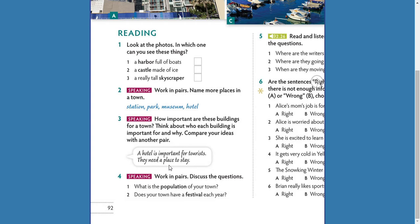That's good for tourists, no? And there are many hotels in Cañete. Okay,